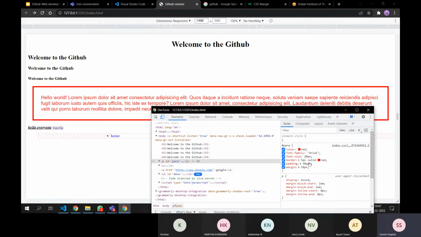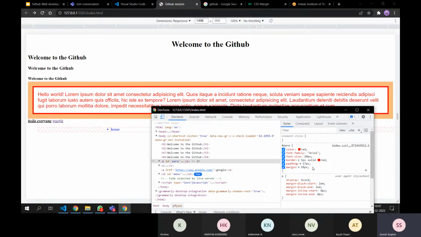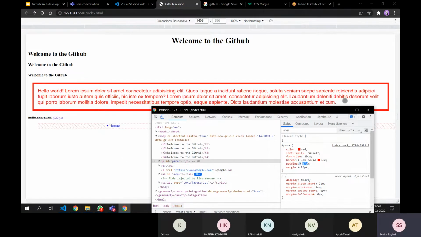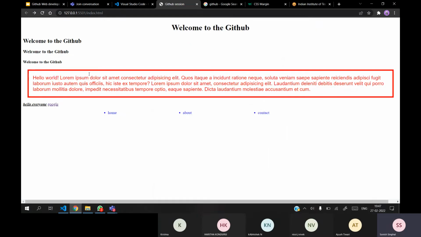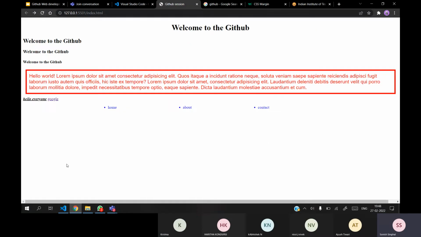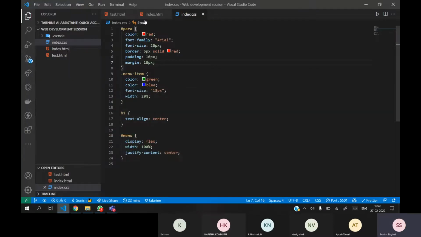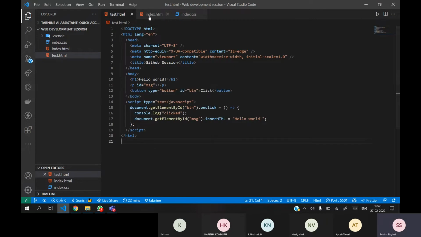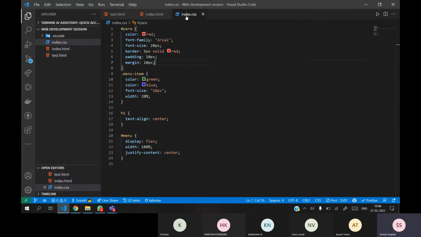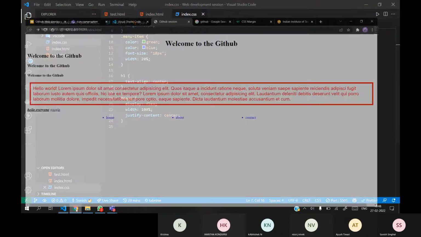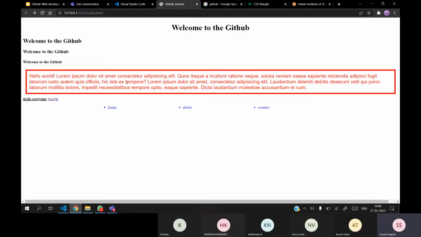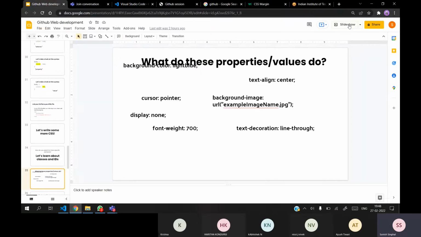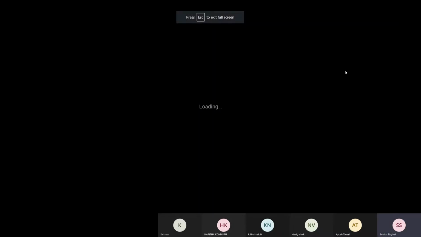If you want to change the padding, you can change it directly here, apply it, copy the code and work here. That's how you can change the padding. But on refreshing, it will get back to the original. So here we can change it, and to make it look a bit better, we can add different styles as well. So these are the basic styles.